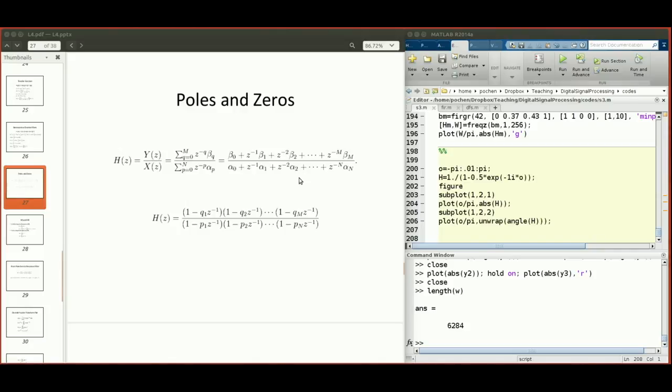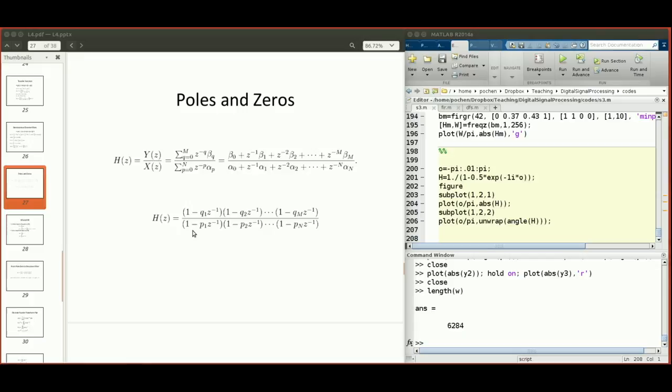In the last video, we talked about how to describe a particular transfer function. For example, H(z) equals Y(z) divided by X(z), using this kind of ratio. You have a numerator and then a denominator. This is a description in what we call the z domain. And this kind of polynomial representation can be factorized to give you a representation that's based on poles and